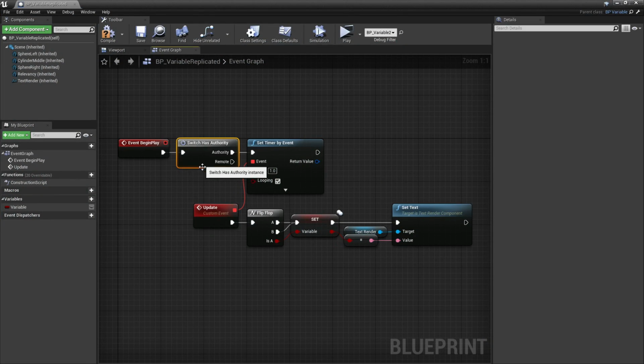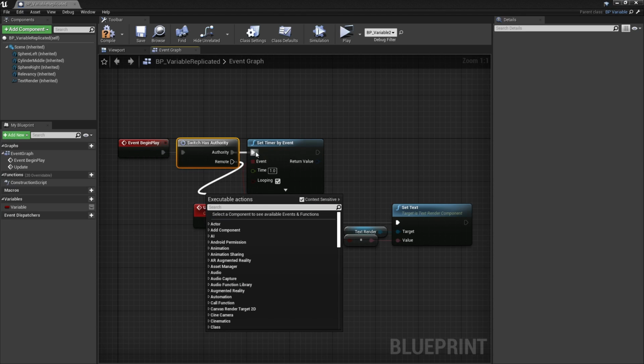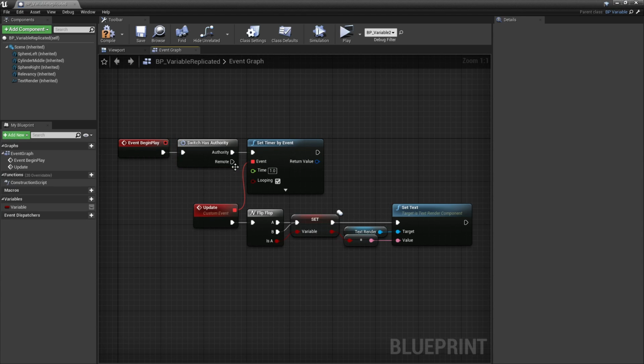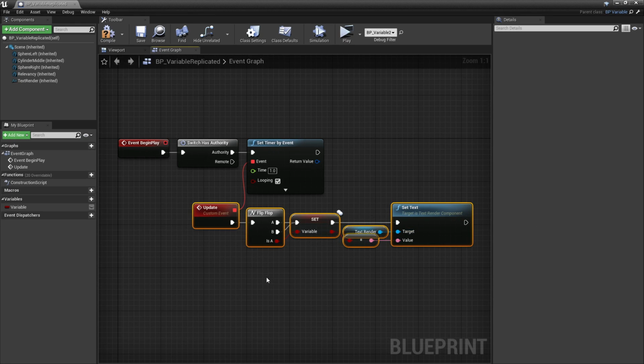If we look at the blueprint, our switch has authority ensures that the client is not doing anything, so only the authority is in fact setting the text. Okay, so what if we plug the remote execution pin to the set text? Well, great, that would work, but only once. Since the client is not running the timer, this isn't going to be repeated over and over again,